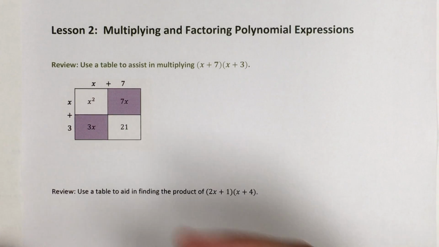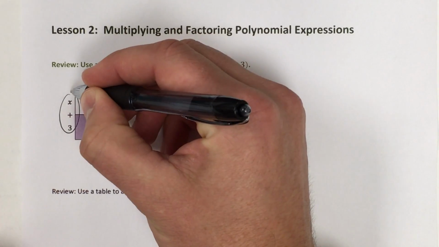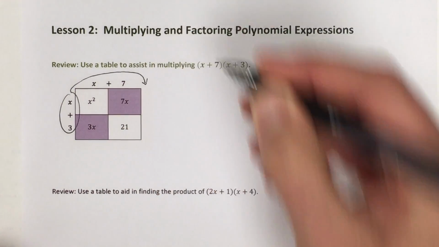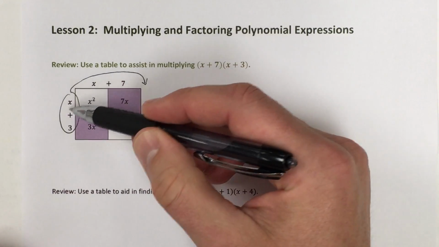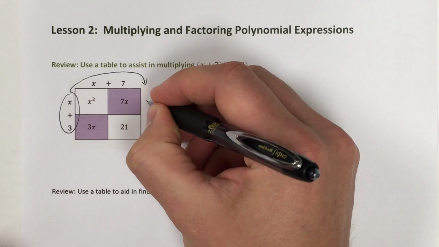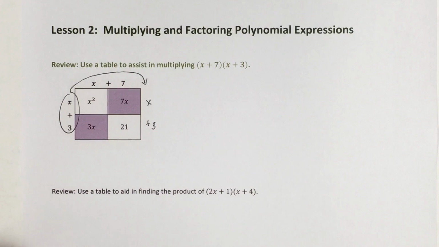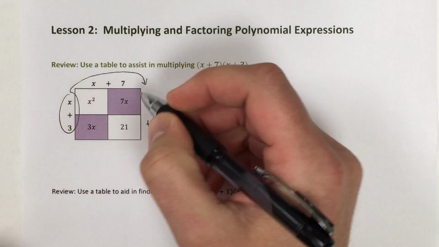The first thing I might add is that this year in our class, we've been writing the binomial on the other side. Because this is representing a rectangle, we know that both opposite sides are equivalent. And we do this because of the way we use the tabular method to add diagonally. And so your result here